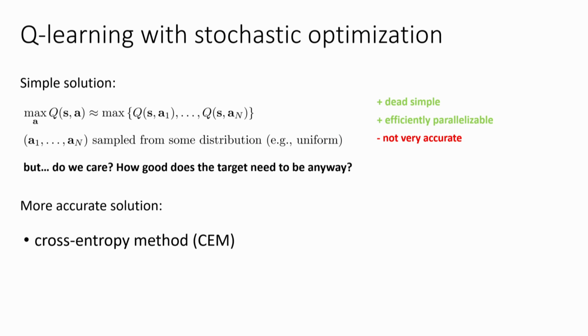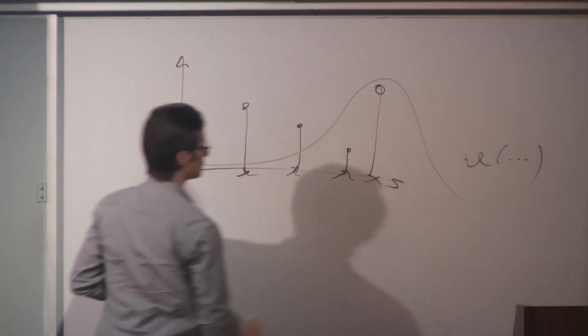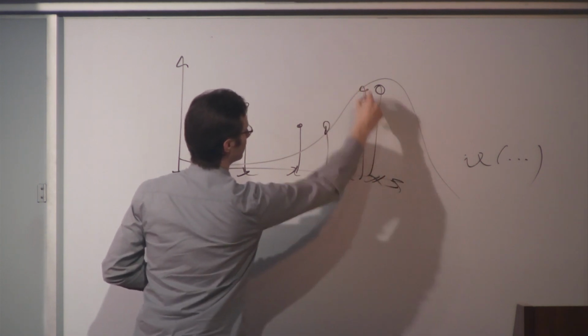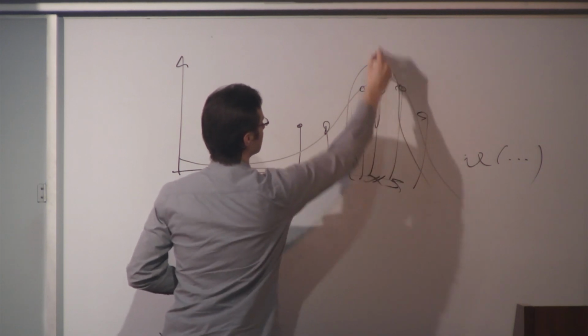So the intuitive model of the cross-entropy method is: sample some values, evaluate their numerical score, fit some distribution to the best ones, and sample some more from that. So you get some that are like this. Every time you sample, they get better. Fit another distribution, sample again, and so on.